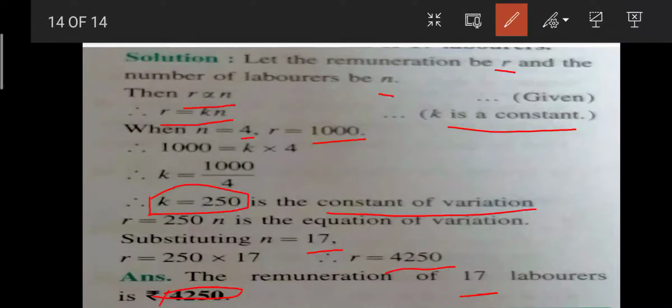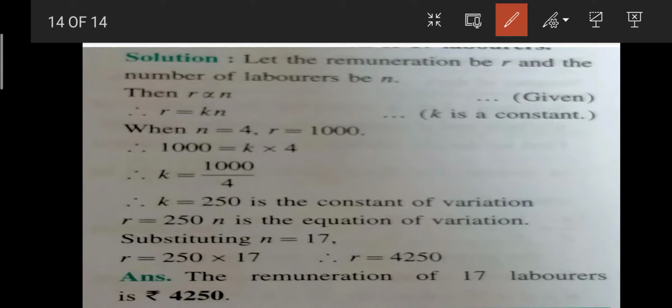So students, with this we have completed our first exercise, that is 7.1. You have to write it down. You have to do each and every sum's solution, as I am doing each and every solution with you. When you come along with your book, I want each and every sum to be completed.